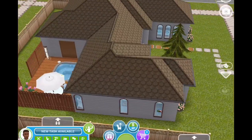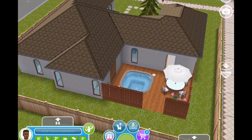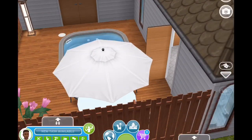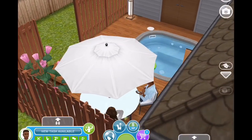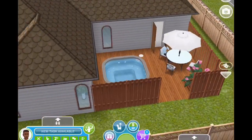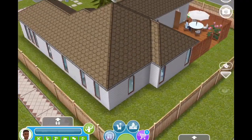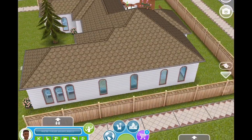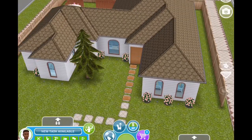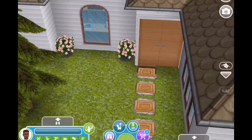So this is a house that Bianca requested for a Latino family with 2 baby girls. This is such a simple layout. You guys can do anything you want with this house. It was a very fun build. You can see they're out there on the patio now. The door kind of stayed open because of where I placed the umbrella table, but this is the outside. You could easily add an upstairs if you wanted to, or a basement, or both. It's a very nice layout, and I'm loving the decor inside, so I can't wait to take you in and